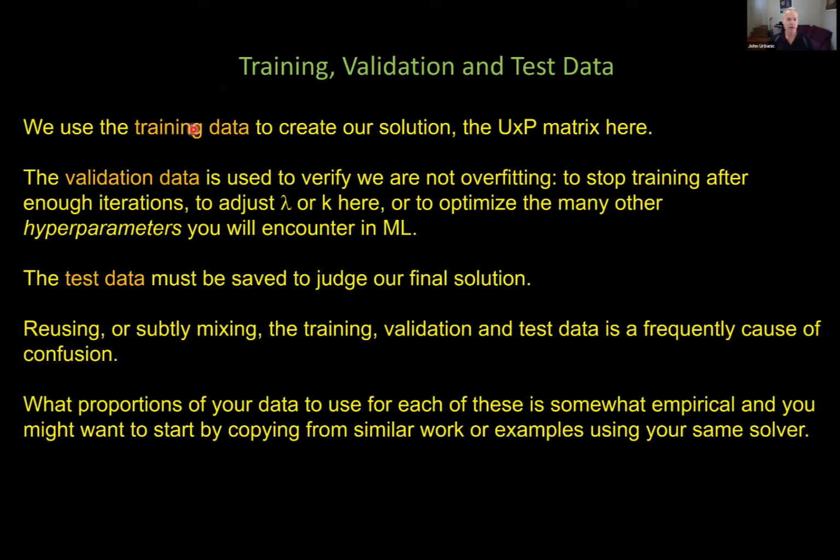So we have three pieces of data here that we should use in the process. Our training data are used to create the UNP matrix. Our validation data can be used after we train for a particular set of hyperparameters to go back and check those hyperparameters. And so we go, oh, let's see, this lambda, I think this is pretty good, but can we do better? Let's try a different value of lambda. We use the same training data, a new value of lambda, and we go back and check it against the validation data to see if we have a better lambda. And we can do this as much as we want. We can recycle this guilt-free.